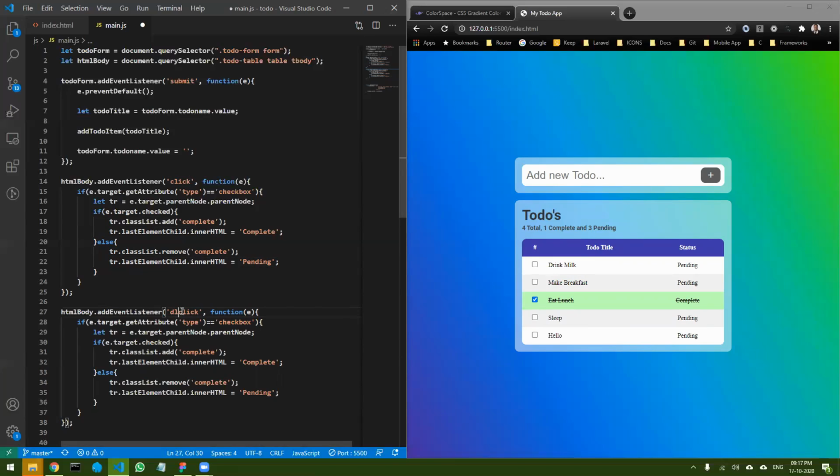So if I do double click on that particular element or that particular row, it should